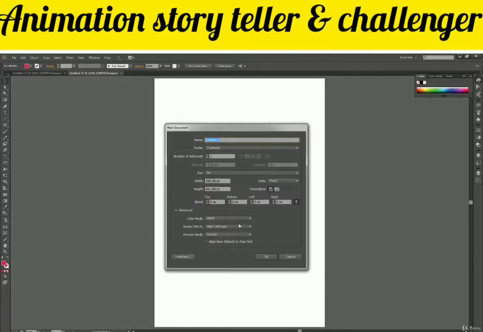So let's create another file, and this time instead of 595 pixels we are typing 1500, and here instead of 800 pixels we are taking some 3000 pixels. The unit is pixels. Make sure you know the units you are working in.